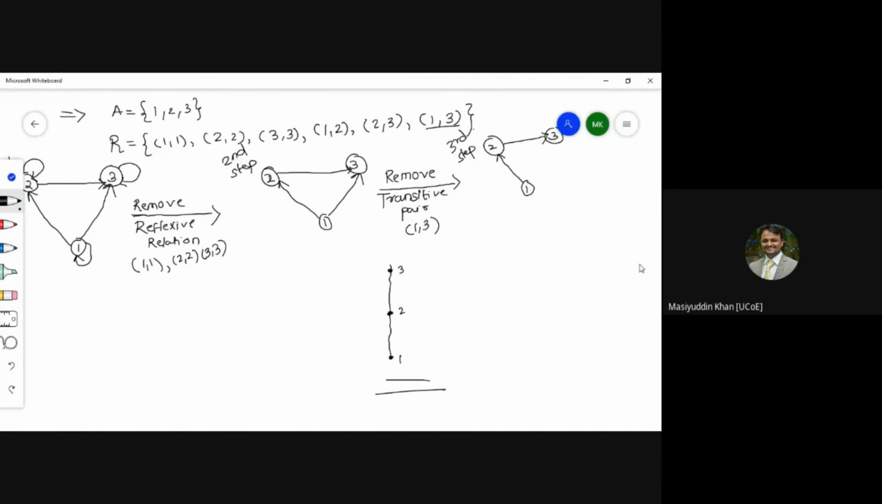Simple procedure is there. Whatever the relation, जो भी relation, अभी यहाँ पे R के फॉर्म में है, हो सकता है मैट्रिक्स फॉर्म में रहता, मैट्रिक्स फॉर्म में है तो भी उसको पहले डायग्राफ के फॉर्म में कन्वर्ट करोगे। उस डायग्राफ में से रिफ्लेक्सिव रिलेशन रिमूव करके एक नया डायग्राफ आपको मिलेगा। उसमें से ट्रांजिटिव पेयर आपको रिमूव करना है, जिससे आपको एक अदर डायग्राफ मिलेगा।